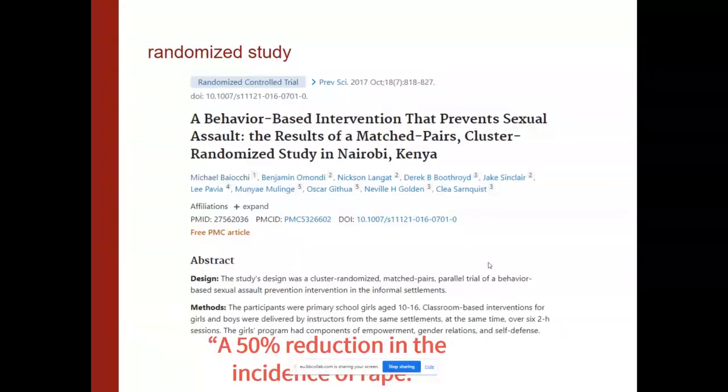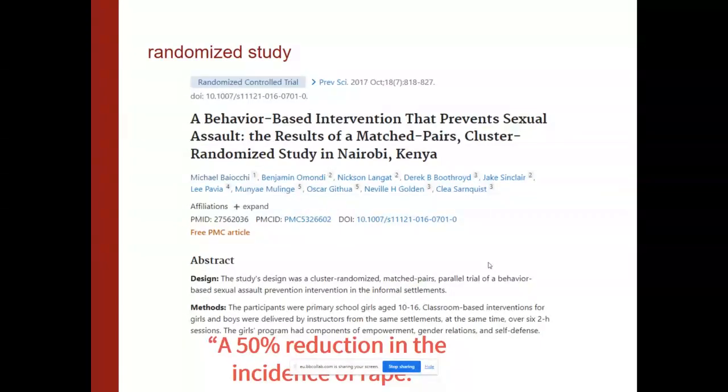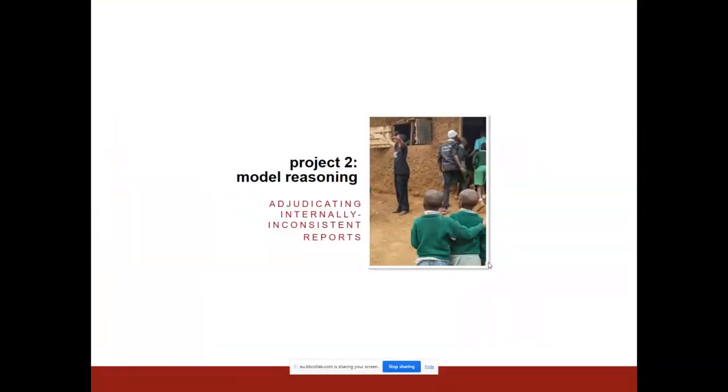In this study, we went out to about 30 schools and metaphorically flipped a coin. We introduced a stochastic process, a random process, in the world, and then we went through and measured things. And then the inference followed from that. So we went into the world and generated the kind of data that we needed in order to reach that conclusion. I know that's sort of basic stuff, but I'm going to come back to that in contrast with these other two forms of reasoning on these other two projects.